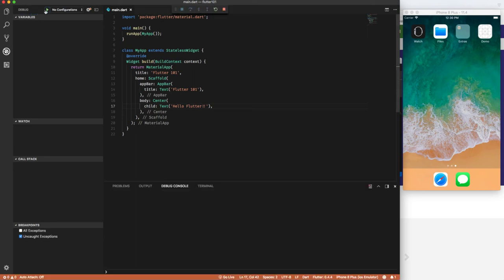This will run the app in debug mode in the simulator, and this will enable the hot reloading property by default. As you can see in our debug console, the debugging mode is currently in process, and it is launching the main.dart in my simulator, which is an iPhone 8 Plus. So let's wait for some time, and we will see that we have created a sample Hello World app